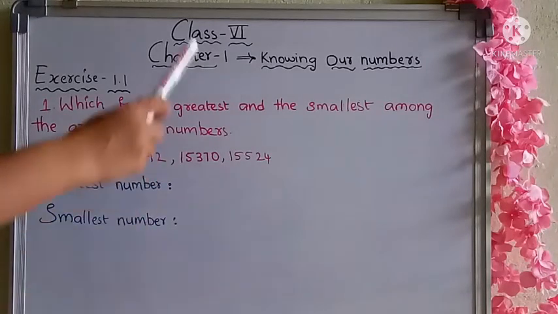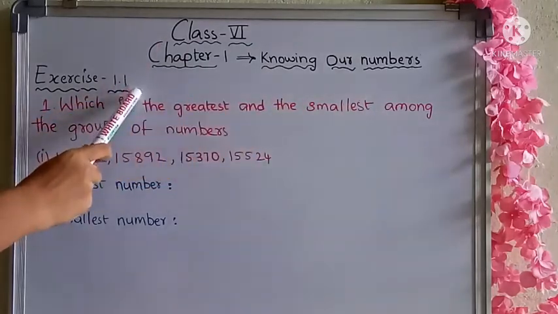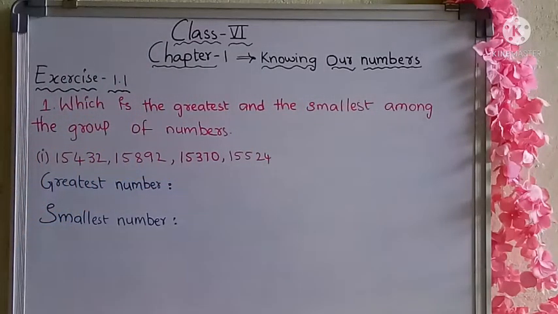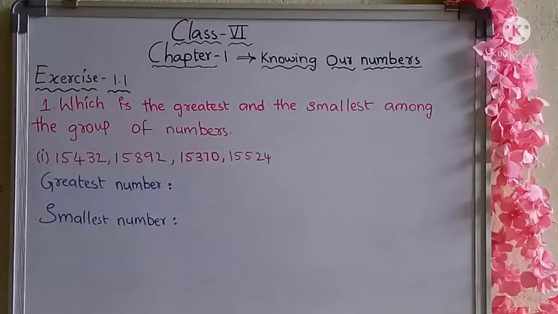We are going to learn Class 6, Chapter 1, Knowing Our Numbers, Exercise 1.1, first question. Which is the greatest and the smallest among the group of numbers? So the first group of numbers is that